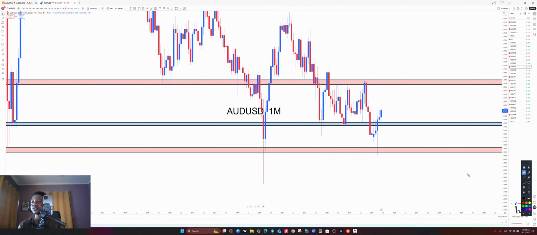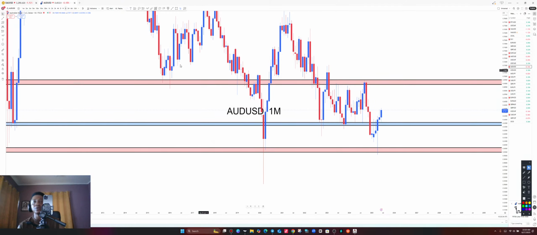Why? Because sellers were able to break below here to give us the lower low. We saw a lower high, but price couldn't extend further. Instead, it broke above again, maintaining the buy pressure. So since buyers have been able to break above this monthly resistance, it means there's more momentum to push us all the way to the next resistance level. So the monthly time frame has also agreed to the direction on the 3 months time frame.